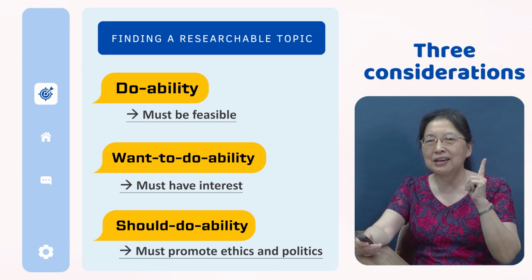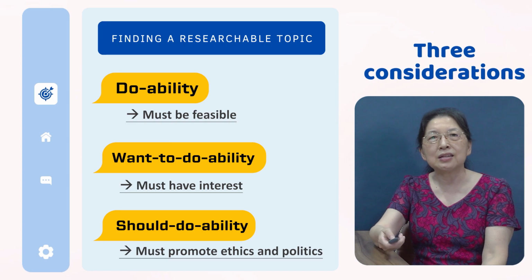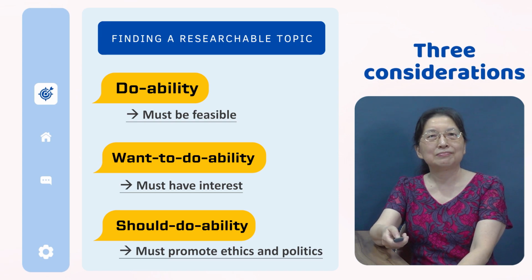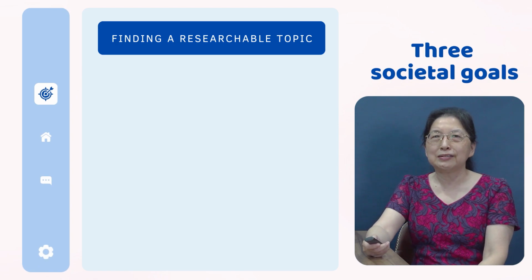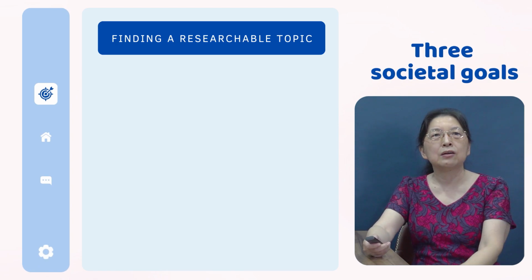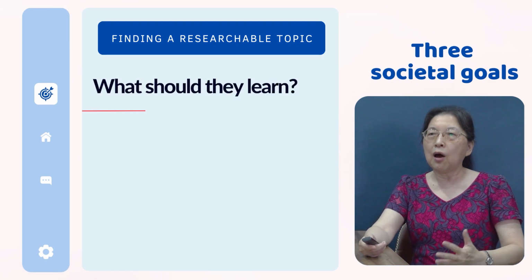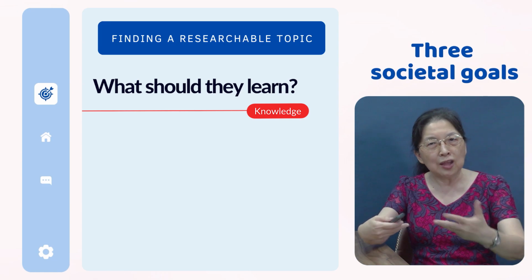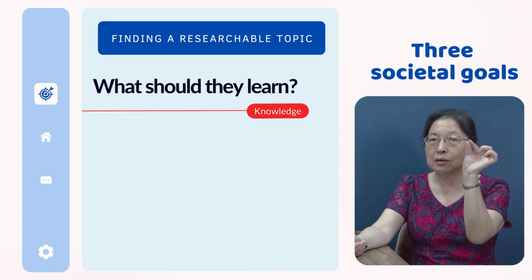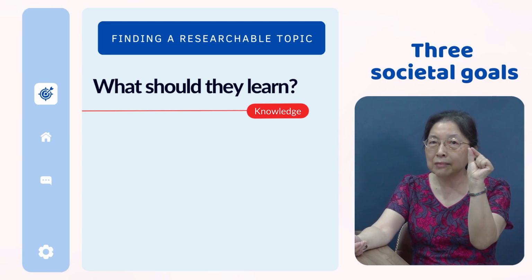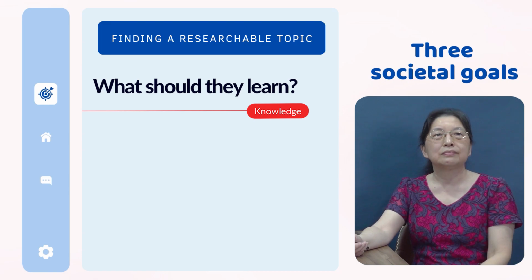Then you need to write a research project to correct all these things. So these are the 3 considerations. Finally, when you write a research project, consider these 3 goals. Number 1, what's the purpose of doing this? You say, oh, I want to make knowledge available to other people. There's something, some facts, or some observation, some results which are important to learn.